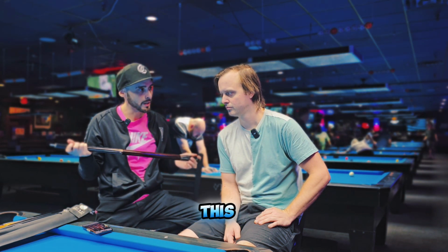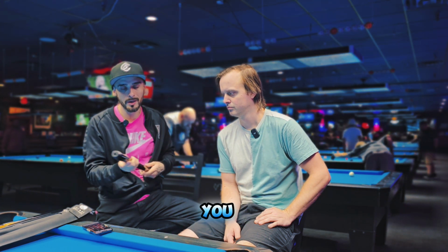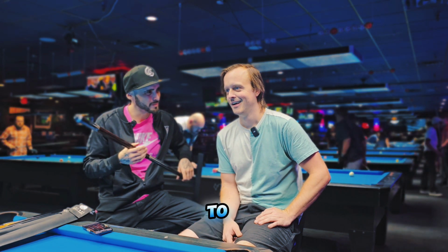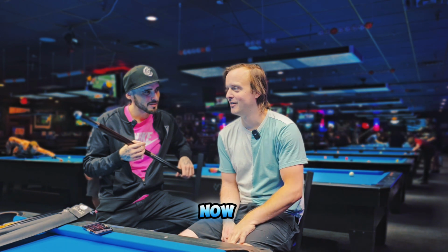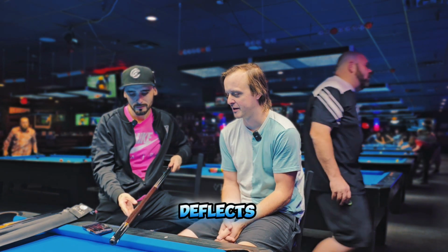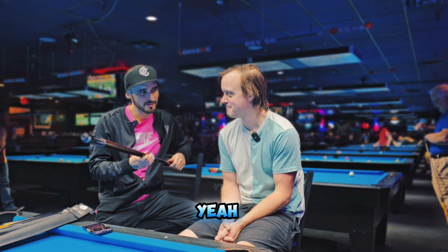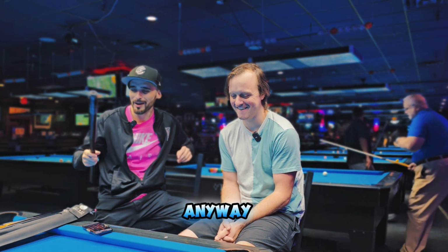Also different from this line compared to others is this bumper right here, it comes out, so you can manage your weight. I know you're a real stickler when it comes to stuff like that. I really don't care, actually. Weight, I really don't care. For me, it really just has to do with how the cue deflects. That's the only thing I really care about. Well, okay, I'll still rob you with whatever deflection. Yeah, I know you will. So anyway,